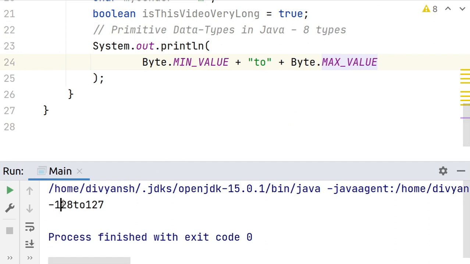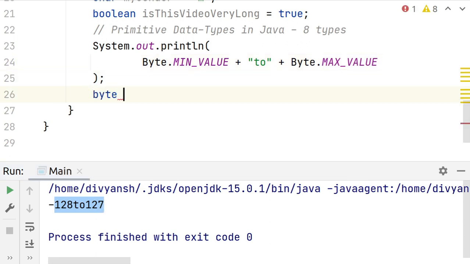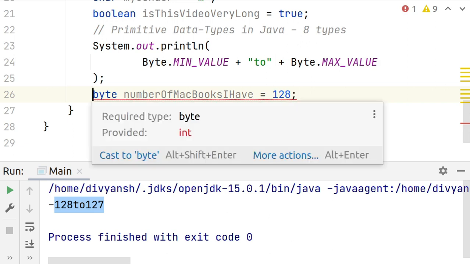It is -128 to 127. So if we try to store anything lower than that, let's say the number of MacBooks I have is equal to 128, right? So it is not letting me do it, right?